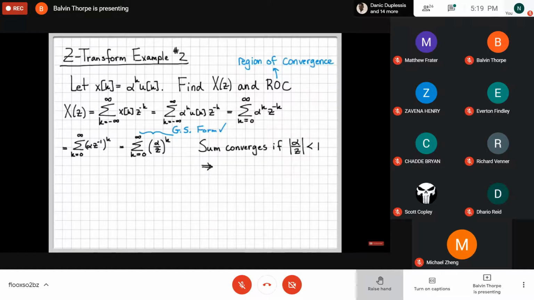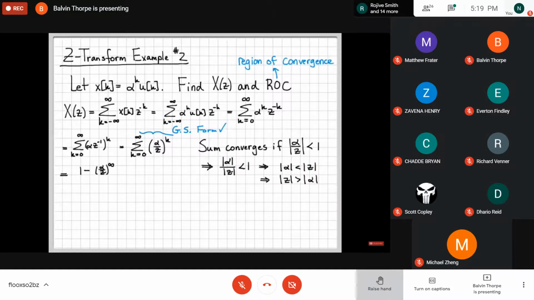If we multiply both sides by magnitude z, we can rewrite this as magnitude of alpha is less than magnitude z, which is the same thing as magnitude z being greater than magnitude alpha. So this right here is the criteria for this geometric sum to converge. This converges anytime the magnitude of z is larger than the magnitude of alpha. So going forward now, when we actually write down the answer for this sum, this quantity right here is what we're assuming is true because it's only under this case that the geometric sum actually exists.